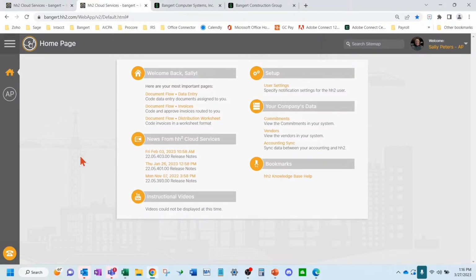Okay, so quick overview, HH2 will bring in the image of the accounts payable document, and the accounts payable clerk will code the bill, just a little bit of coding, and by the job number, that bill will get routed to the project manager. Then the project manager approves it on the mobile device, and then you can final review and export to accounting in Intacct. Okay, so that's the general process.